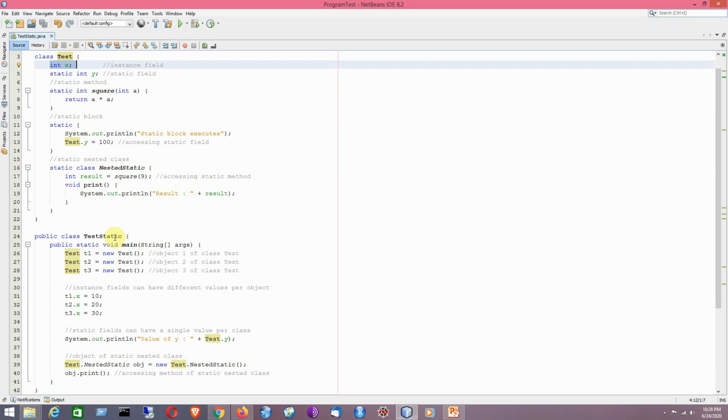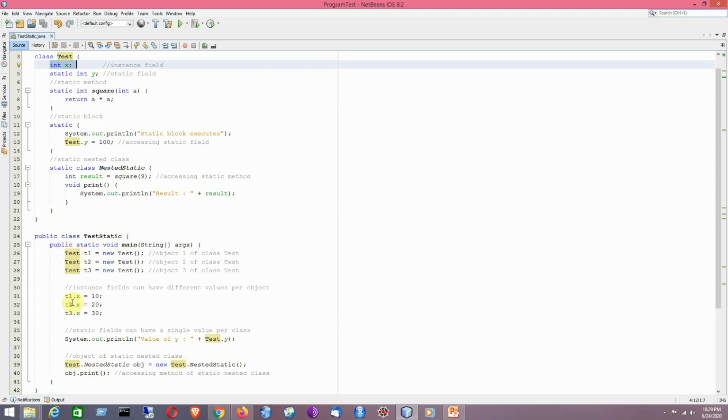Now from the main class, that is called teststatic, I will have the main method. Within the context of the main method, I have created 3 objects of the test class. I'll be having a different copy for each of the objects created for this class named test.